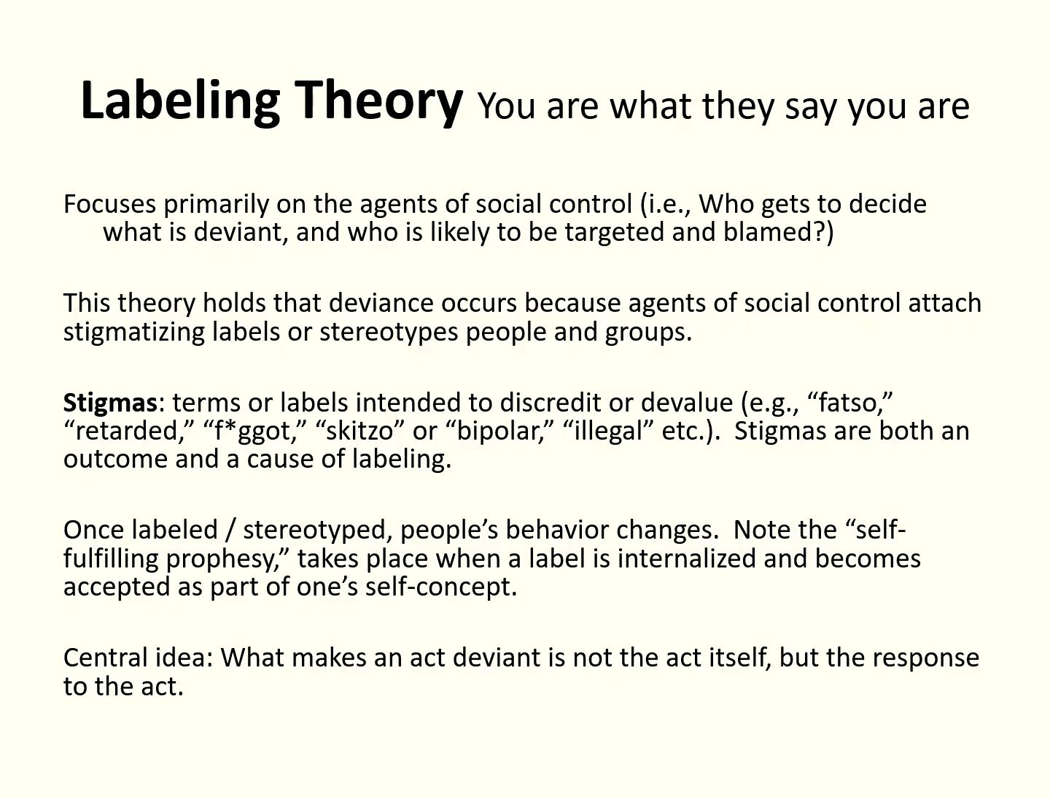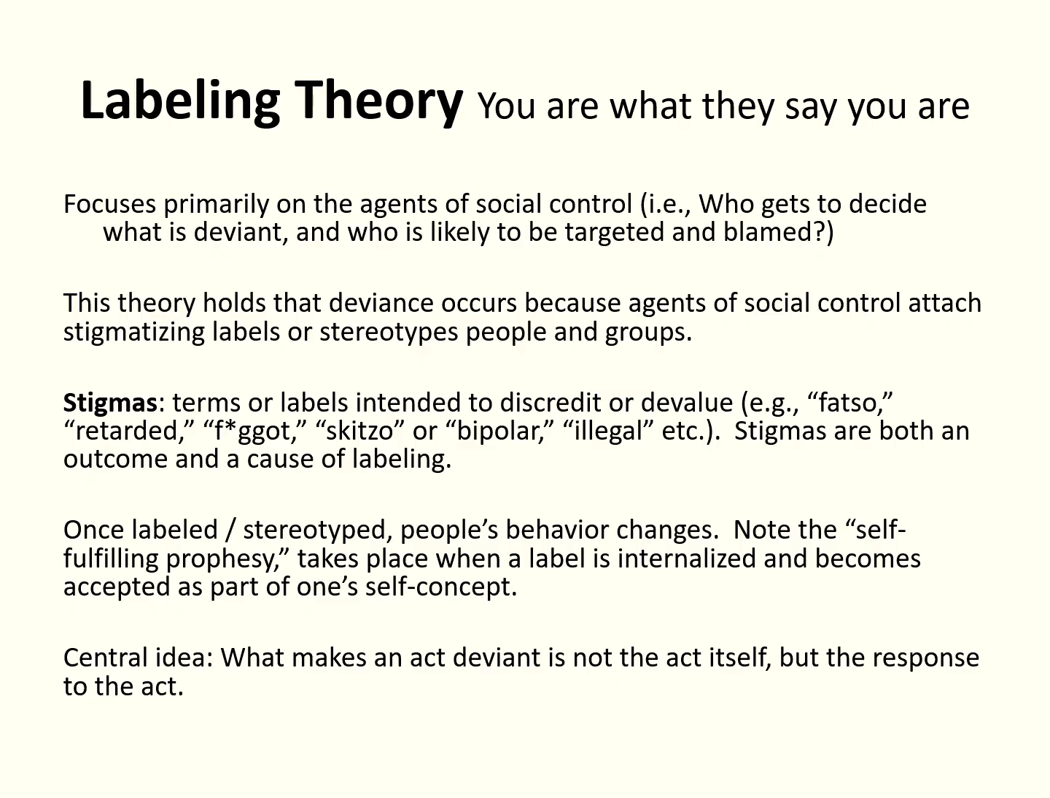I'm skipping down on the notes here, but you see that the central idea behind labeling theory is that what makes an act deviant is not necessarily the act itself, but rather the response to that act. We could have two individuals doing the exact same thing, right? We could have two individuals behaving the same way, with the same appearance, some of the same viewpoints and attitudes,